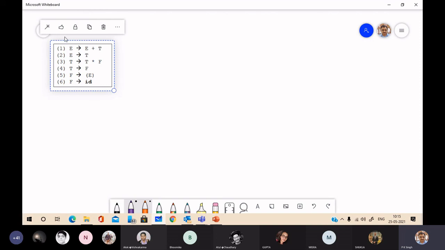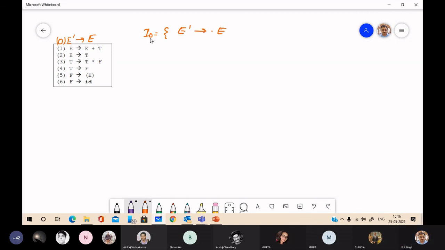So you have to add one more production, that is E' → E. Suppose it is 0. So we will start computing I0 with E' → dot E, an item.